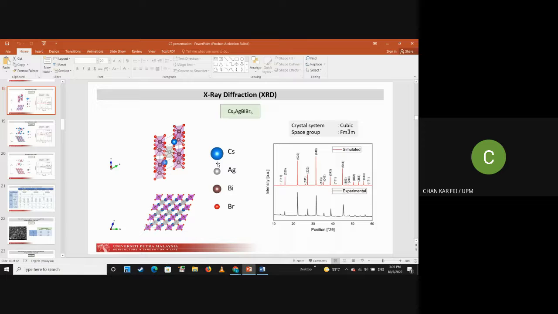It's just mass loss. Yeah. So once that happens, the mass loss means that the sample definitely has something gone, so it might have some degradation. Of course, I have to recheck with XRD in order to confirm the degradation.